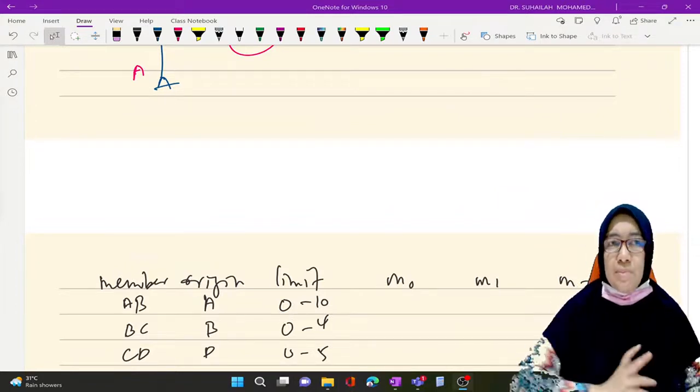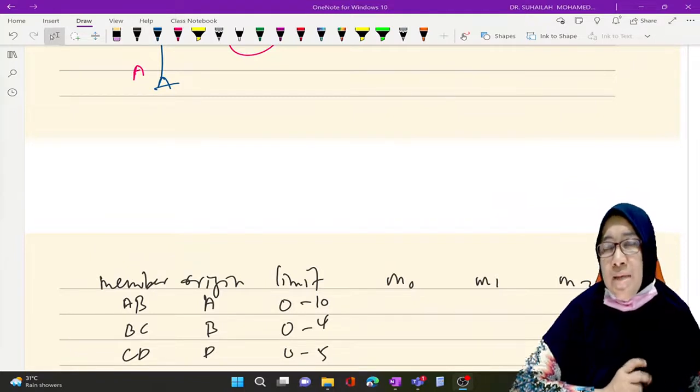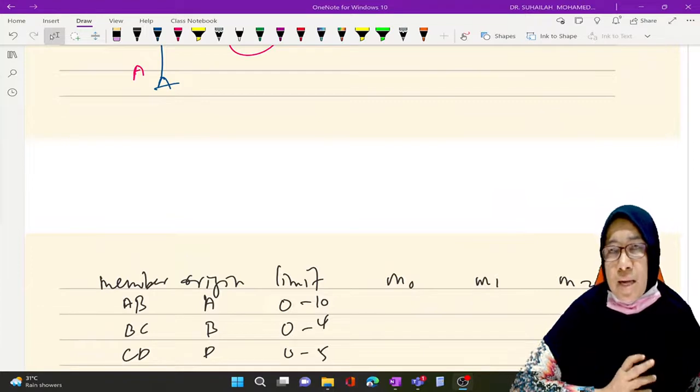Okay, frame ni ada similar analysis dengan beam. So kalau you dah boleh analyze beam, you boleh analyze frame as well. Okay, cuma flexibility method ni